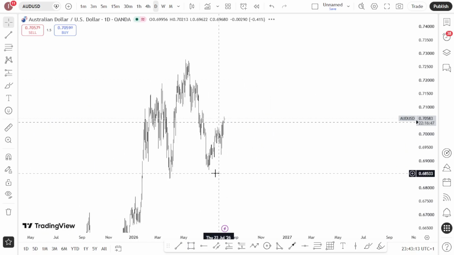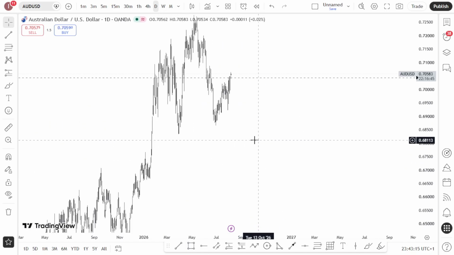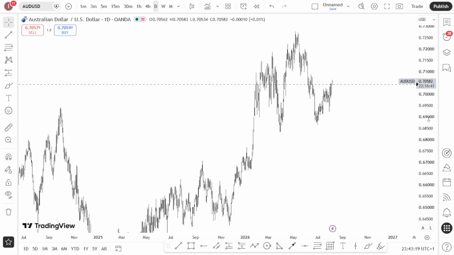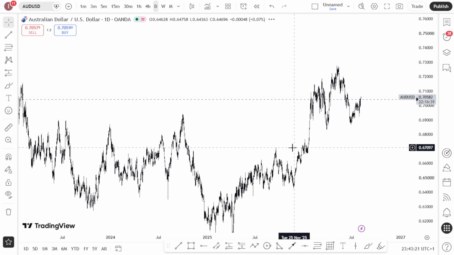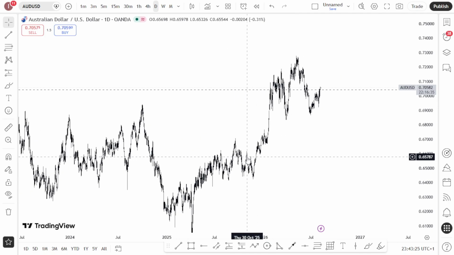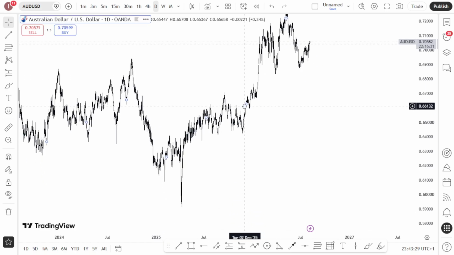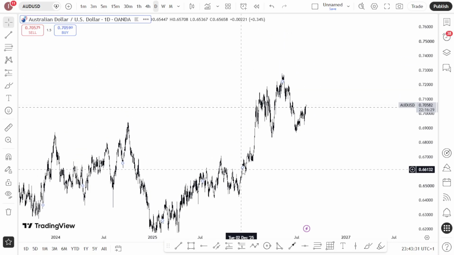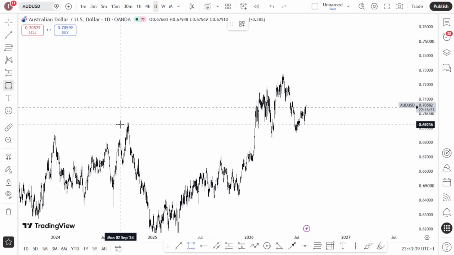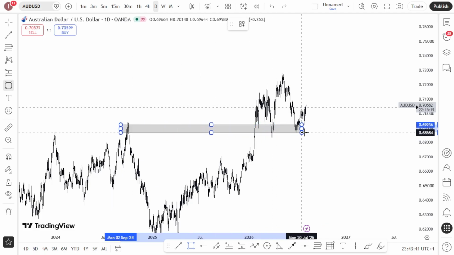So now, as you all know, I trade with a top-down analysis, so there's no way I'm gonna execute a trade without doing my top-down analysis, right? So this is a daily time frame. On the daily time frame, after zooming out, you can see clearly with naked eye that AUDUSD is pushing up. And aside that, if you look to the left here, you can see there is sort of